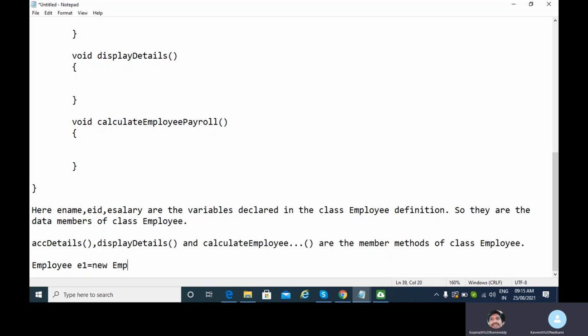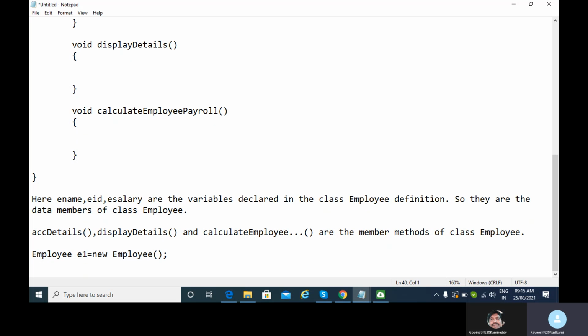Now it is not compulsory that just because the class name is employee, every variable declared using class employee must begin with the alphabet E. No, that's just a variable name. Okay. So basically, I'll tell you what I have done here. Remember, first of all, what is meant by an object of the class? An object is a physical instance of the class. Okay, Gopinath?